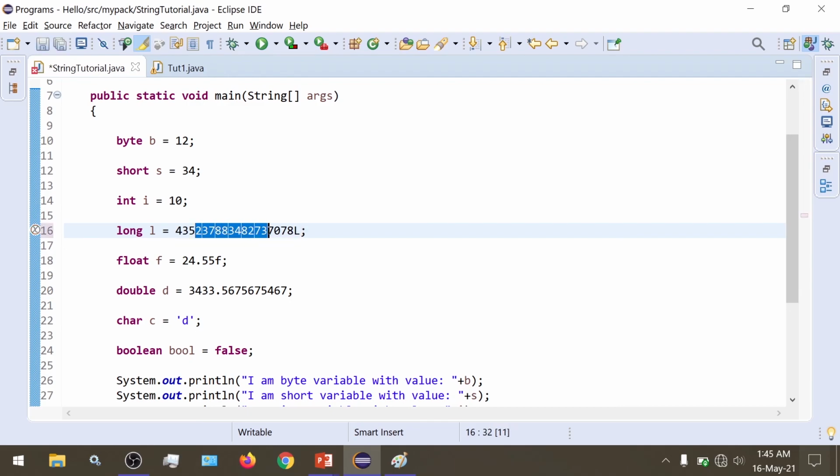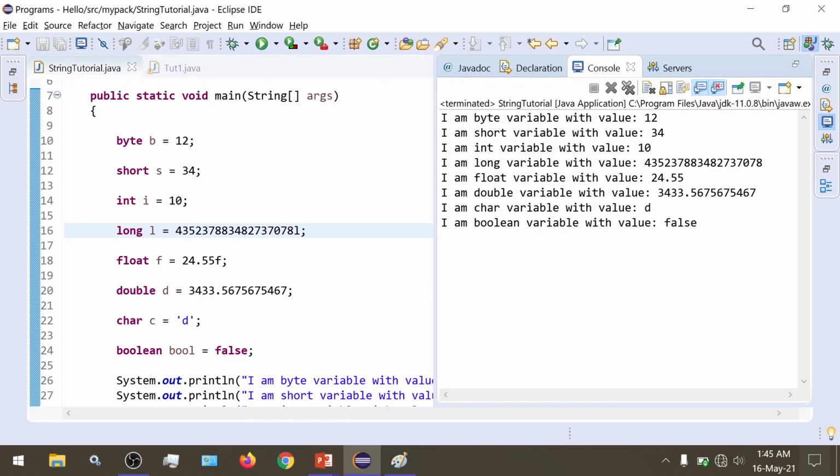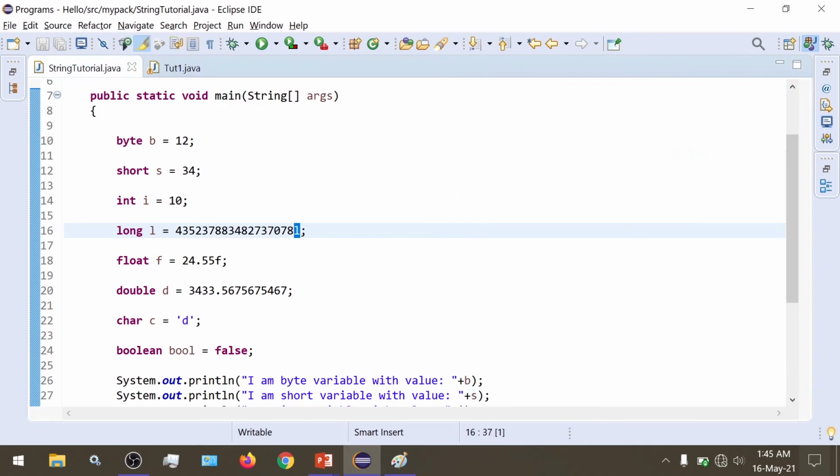If we want to do this, then we need to specify the letter L. Even a lowercase l would work. Yes, it works. So we need to specify L at the end of a long value, which has a range greater than int.